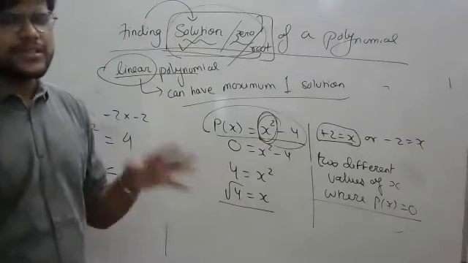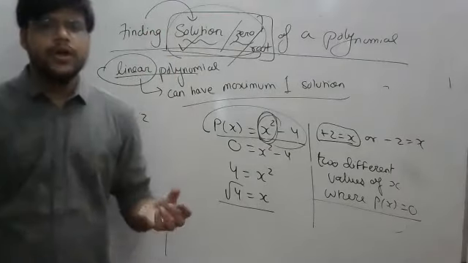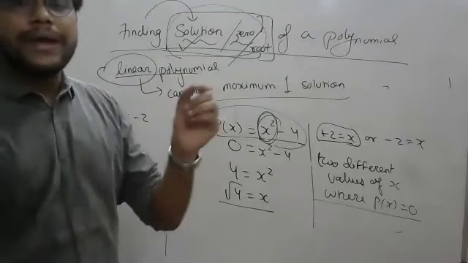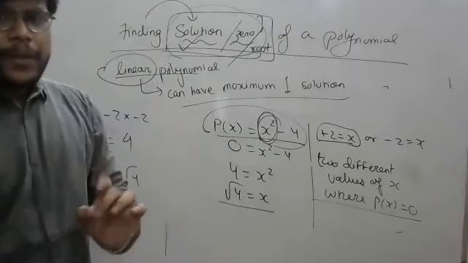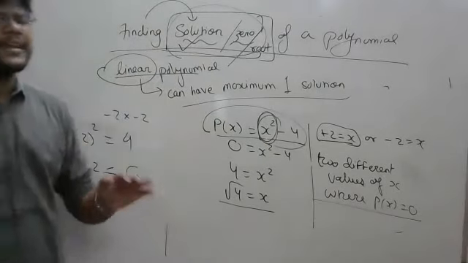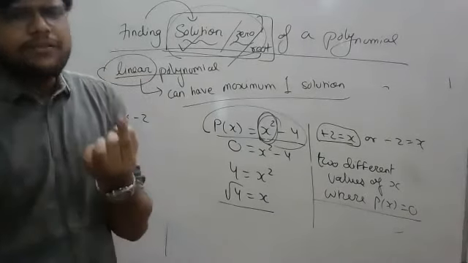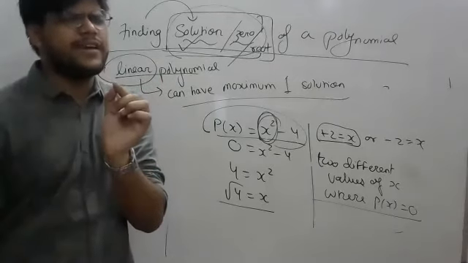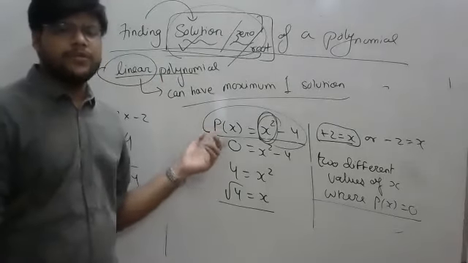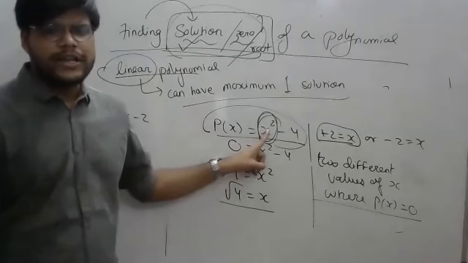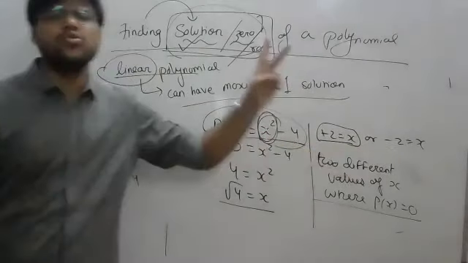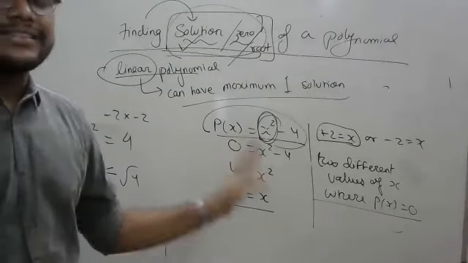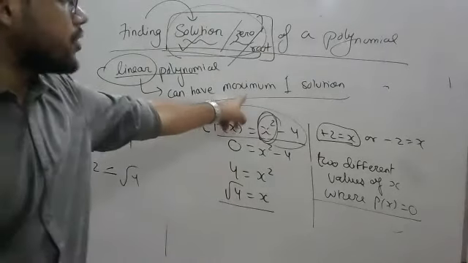We'll be understanding this concept again in detail with a graph tomorrow. But have an idea: a linear polynomial, where the power of the variable is maximum 1, cannot have more than one value of x where the entire p of x becomes 0. So only one such value of x can come, at maximum, where p of x becomes 0. But when you have a quadratic equation, you may have 2 different values. I'm not saying it will always be 2, but I'm saying the maximum will be 2. This word maximum is important.